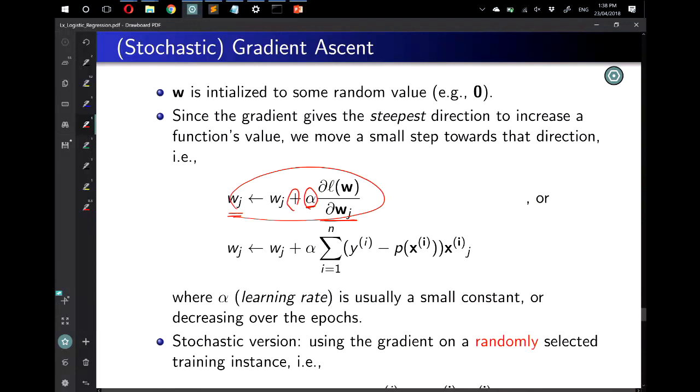So you can actually know in which direction the function value grows fastest. But you cannot go too far away. Otherwise, the approximation doesn't hold, and hence it doesn't always increase the function value. Okay, and